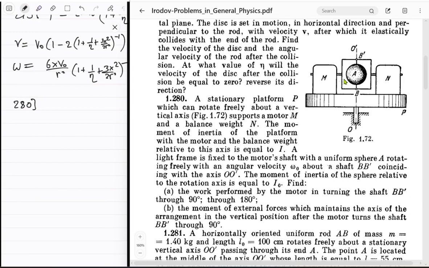Sure, just think about it like that. L equal to I omega for this as well. Okay, does that make sense? Just write down some stuff. So